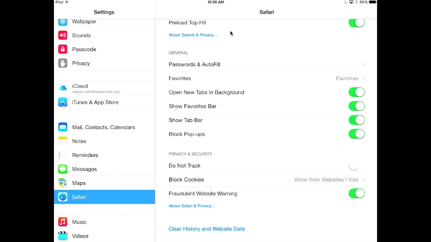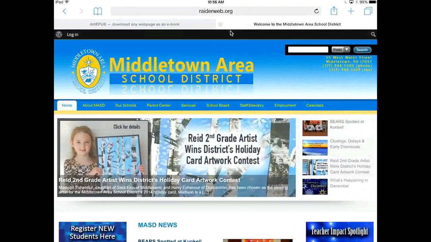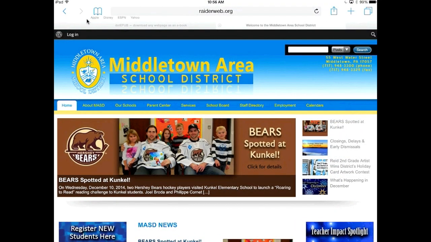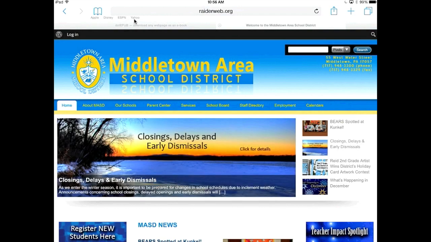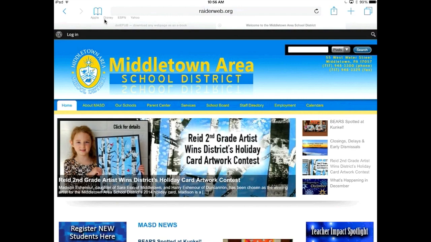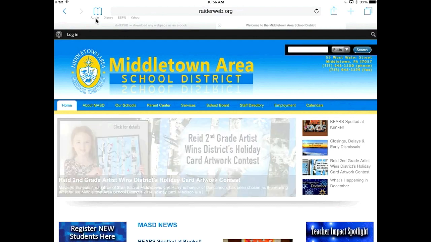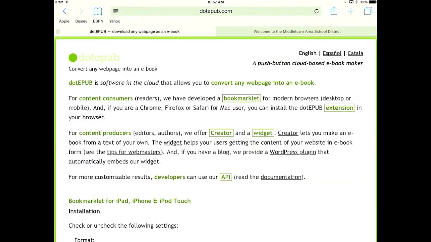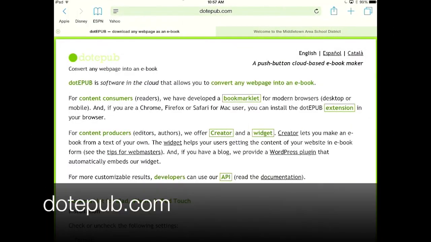So now I'm just going to go back to Safari, and you will see, and it's very faint right now, it shows Apple, Disney, ESPN, and Yahoo. Those are the favorites that are kind of by default on the iPads. You could customize that favorite list to be whatever website you want to use, and we'll get to that in a moment. So you're going to want to go to dotEPUB's website,